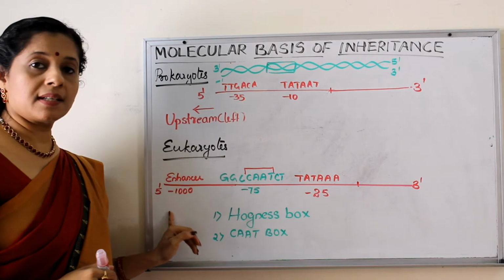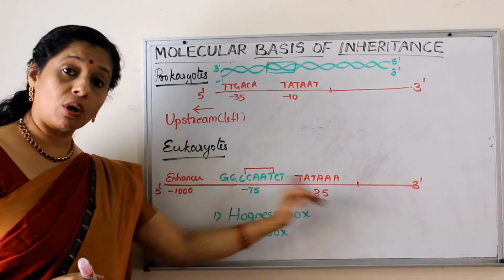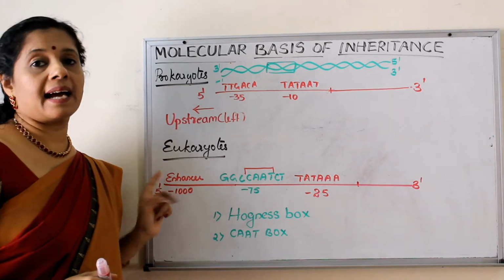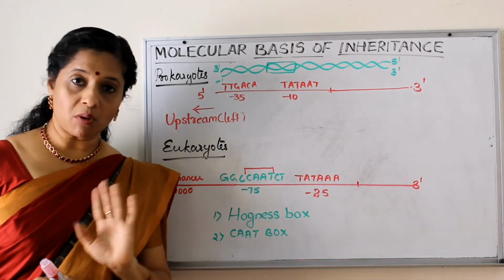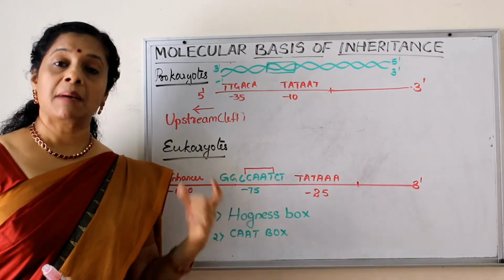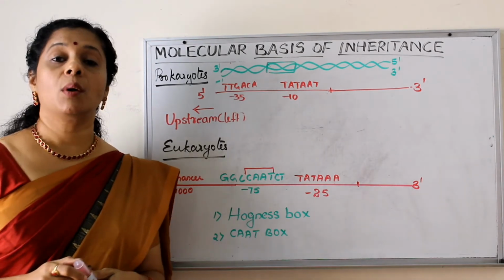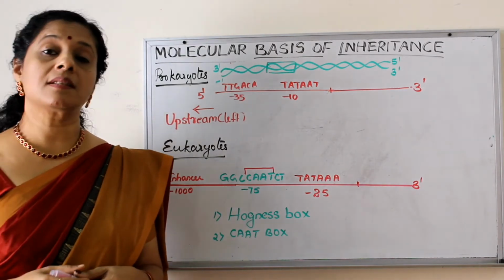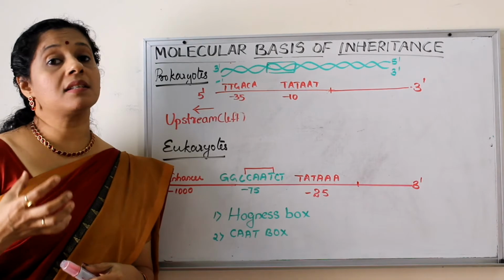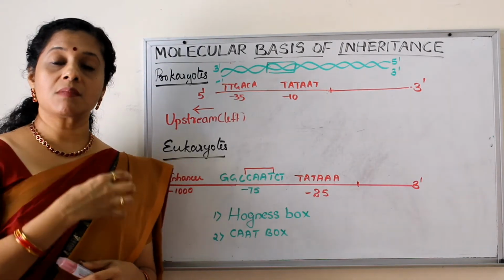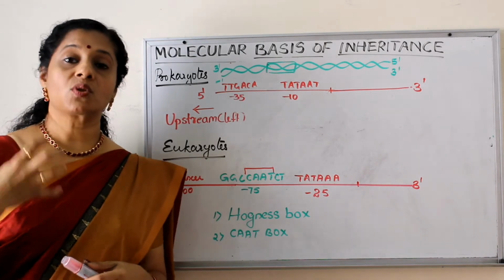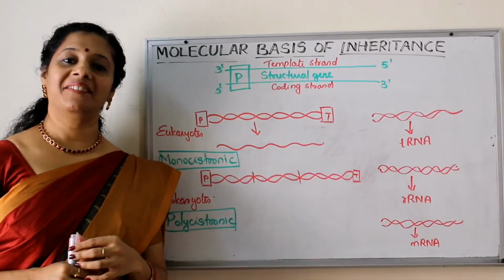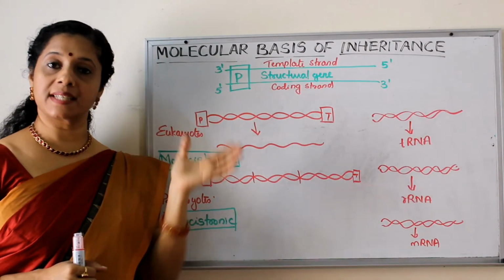But there is one more sequence far away from the initiation site, almost 1000 nucleotides upstream, that is in the 5' end or the left side, there is an enhancer sequence. So that is not a promoter sequence. Promoter sequences are these 2 only, but enhancer sequence is a kind of sequence where special proteins can come and bind, because for the initiation of the process in eukaryotes, certain protein factors are required. So this is providing a site for the proteins to bind so that the efficient activity of the enzyme RNA polymerase will be ensured. We discussed the promoter site in prokaryotes as well as eukaryotes.